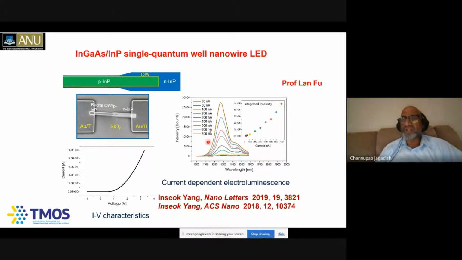But even though we're injecting more and more current, you don't see any narrowing of the line width. Also, you don't see any threshold behavior from the output versus injected current, for example. So what it's essentially telling us is that they're acting like nanowire LEDs, light emitting diodes, not like lasers. So then you ask the question why that is the case, because you've got a PN junction and you need a laser cavity. Why? What's the problem?